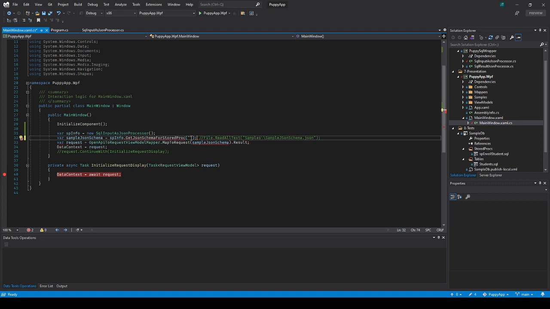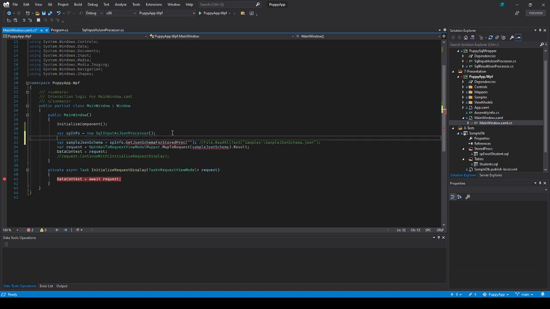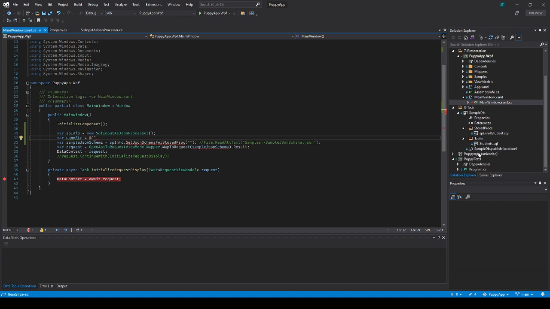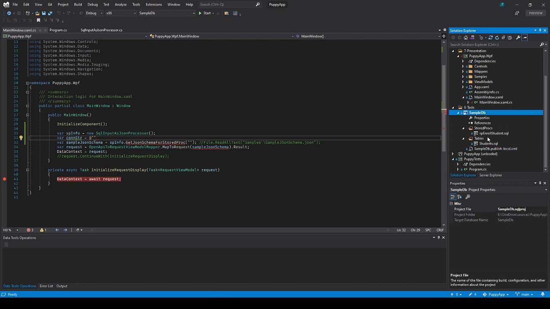and we need a connection string. We're gonna do this again for proof of concept purposes. You will typically inject this connection string via configuration, but we're just gonna do it here, and just gonna copy this. Copy the